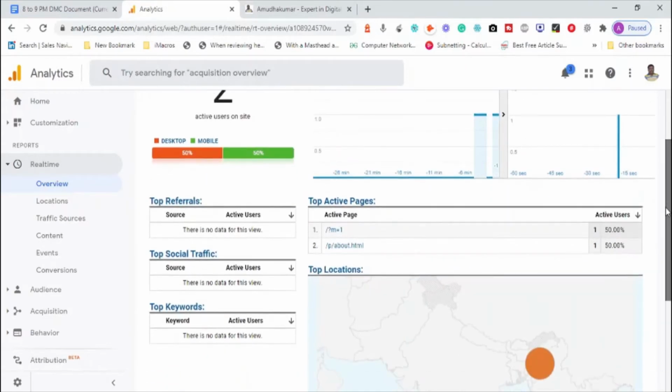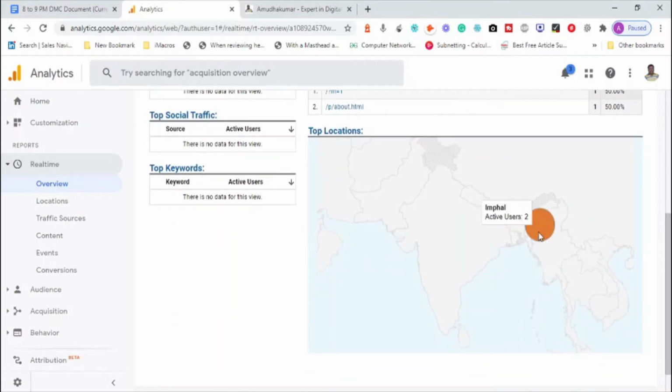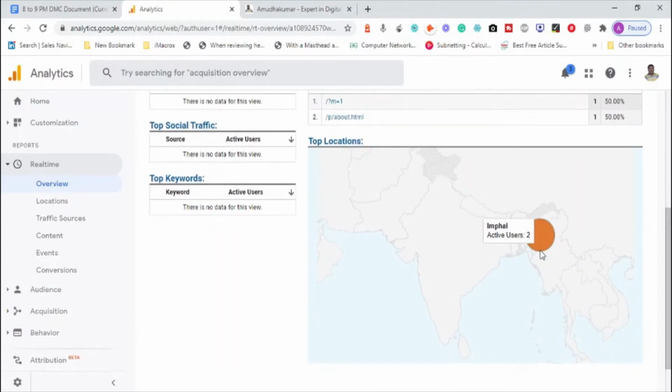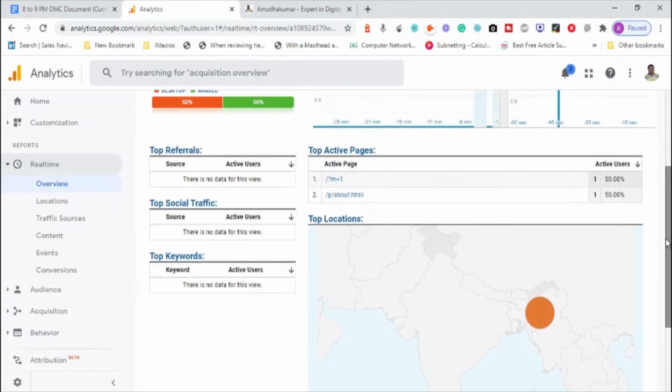About page, and it says like, but the difference is like active users from Impal. Now this is not something which we can accept. Most probably it is showing because of my geo device which I'm using, potentially the server which is being used here. Not exactly. Okay, so this is real time data.